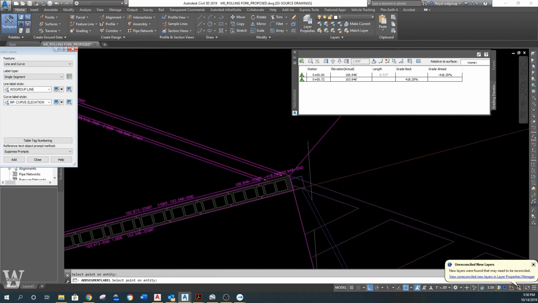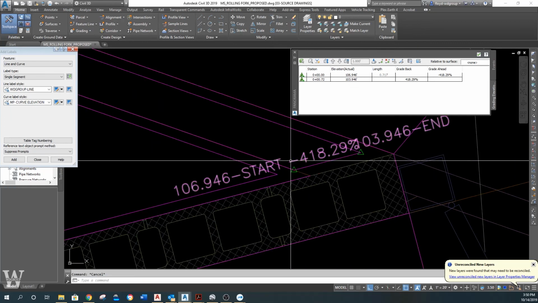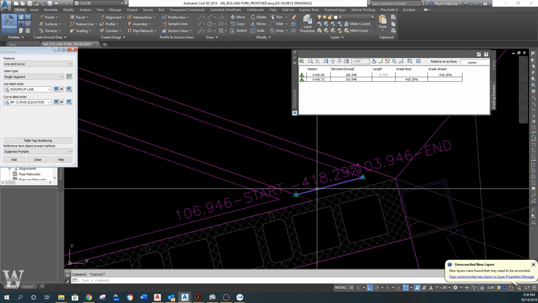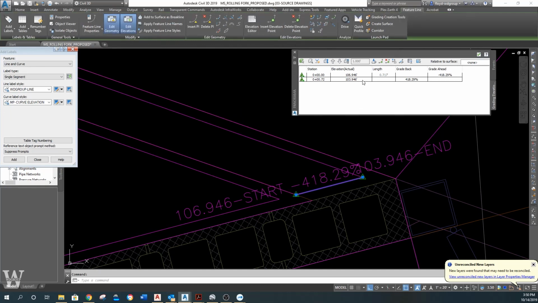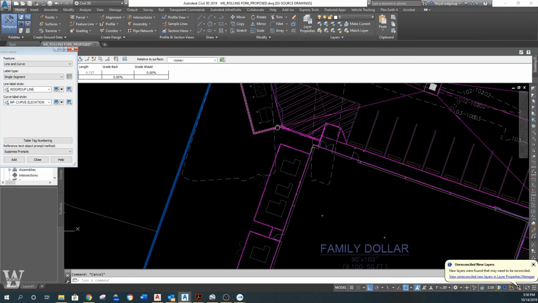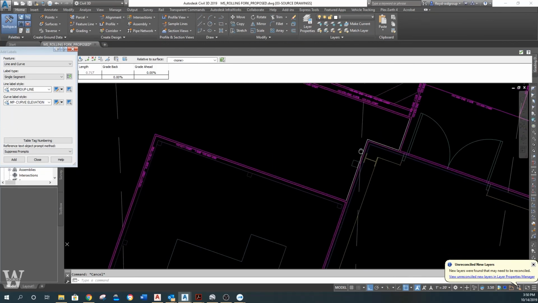So that's why you go back and check. We would have noticed it when we did our surface because there would have been 3 foot of contours in there, and we'd have noticed and gone, wow, that's weird right there. So we're just going to make that 103 right there. Now it's 0. All right, now we're good. All right, so we've tied that in. We tied that in. Now we need to